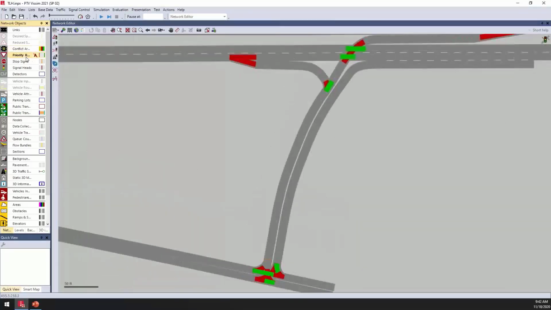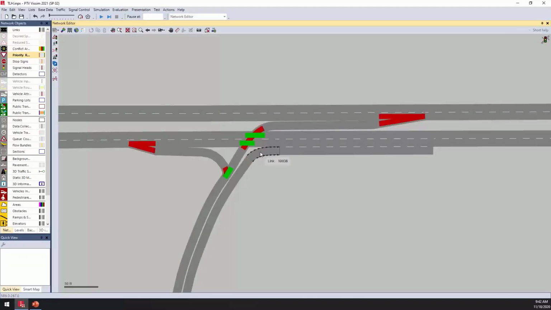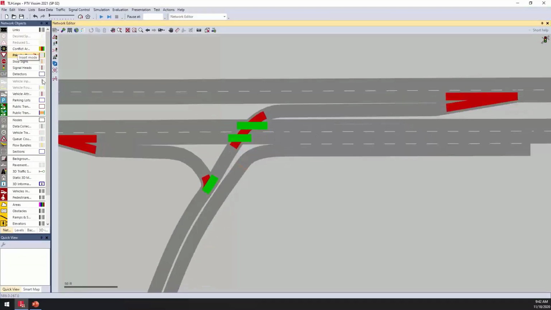Okay, and then in this case, if you did want to add a particular priority rule, if you select that object from the toolbar, again, you can just press Control and right-click to place that stop line, which will show up as an orange bar. And then you'll also have the ability to set in those conflict markers. And these conflict markers can be added